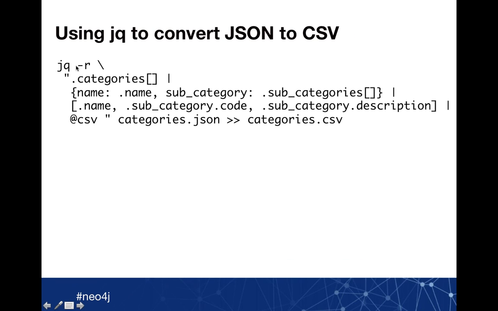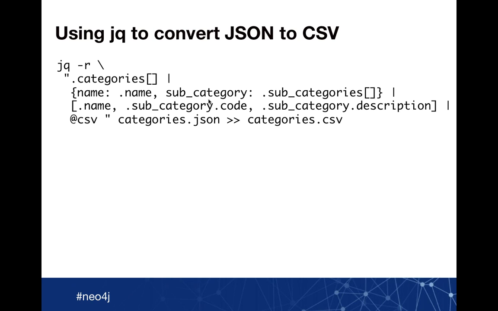So what we're saying is, I want to follow. It makes the assumption you're going to give it a JSON file. So here we go, here's the categories.json, and then it's going to go down and go, okay, cool, what do you want me to do first? All right, I want you to go into the categories array. That's what we've got at the top level. Cool. Then I want you to transform that into a JSON object which has a name,